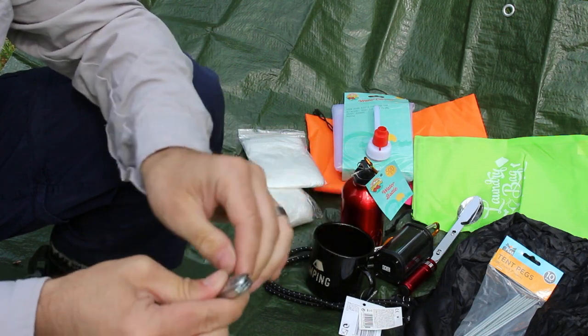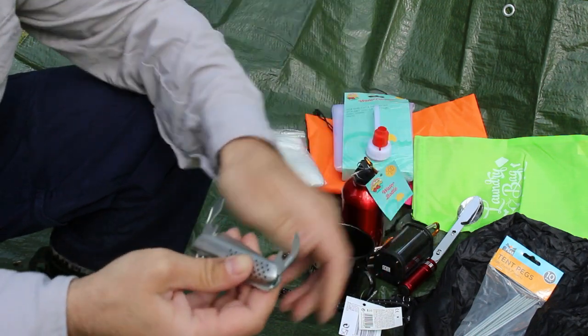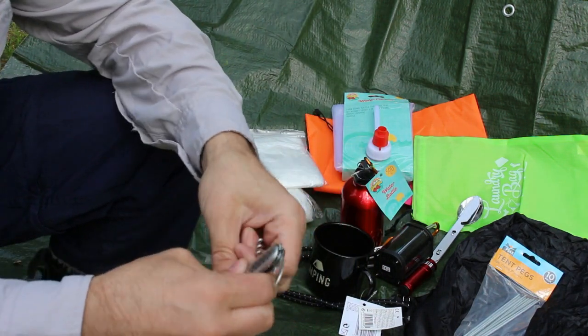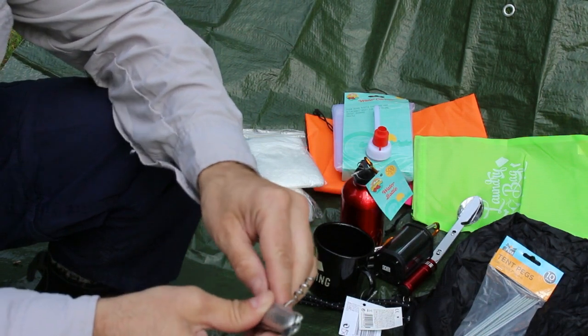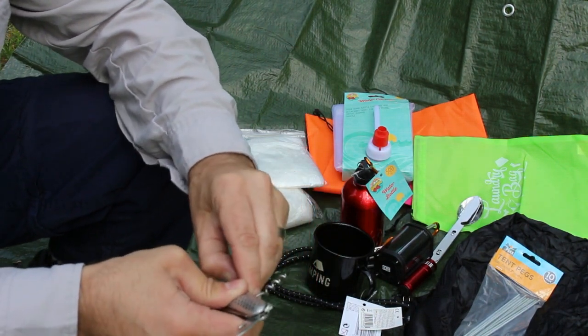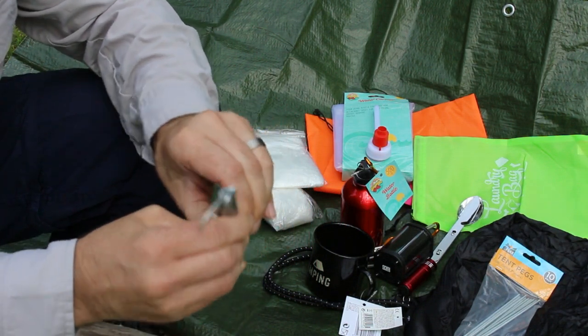Let's close it up before I cut myself. This one's quite stiff. You've got the can opener on there. We've got a corkscrew, and we've got a Phillips screwdriver, which I can't get up. I'm trying to get my...